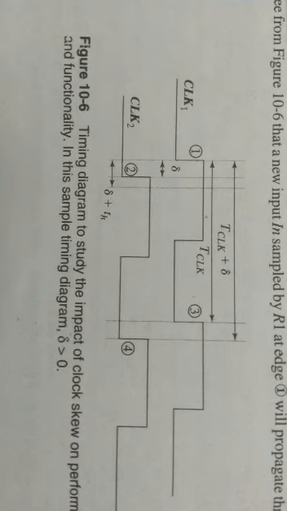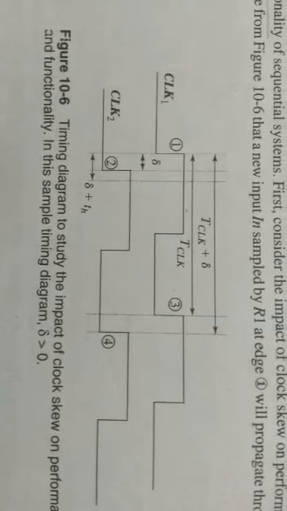I have explained it in the previous class. Once again, with respect to the textbook, I will explain. So we'll come to the clock skew. Clock skew is caused by the static mismatches in the clock paths and differences in the clock load. By definition, skew is constant from cycle to cycle.